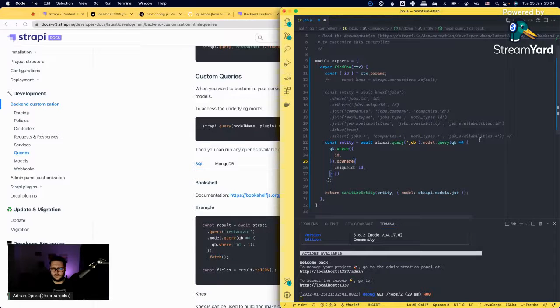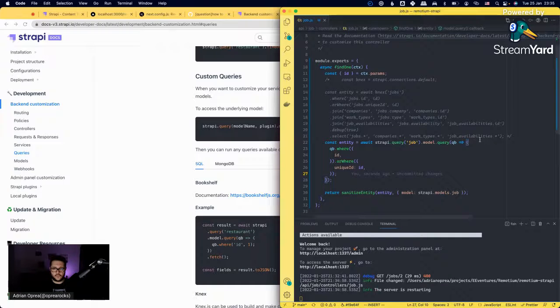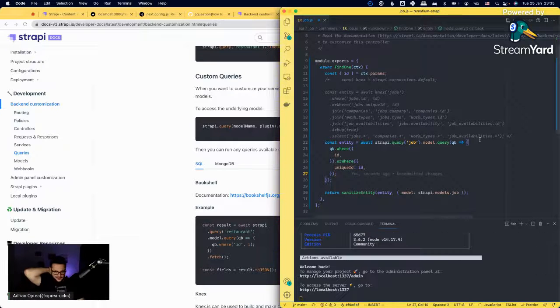I have a clue, but since I think it's relying on Knex behind the scenes, this might just work. It's just that this is now a result, and then I'm gonna have to const entity is